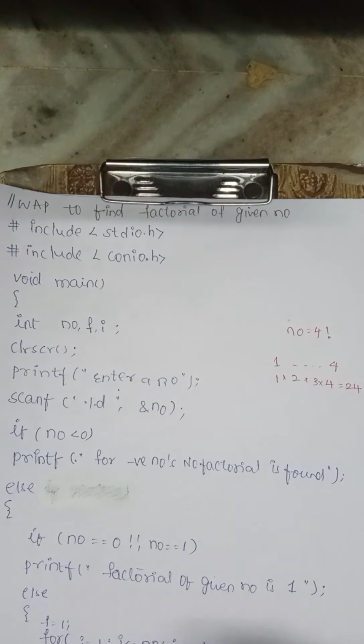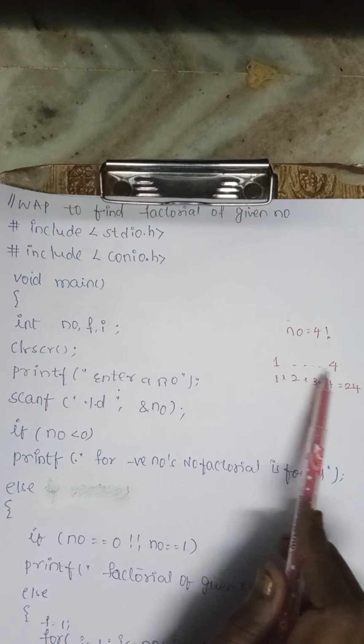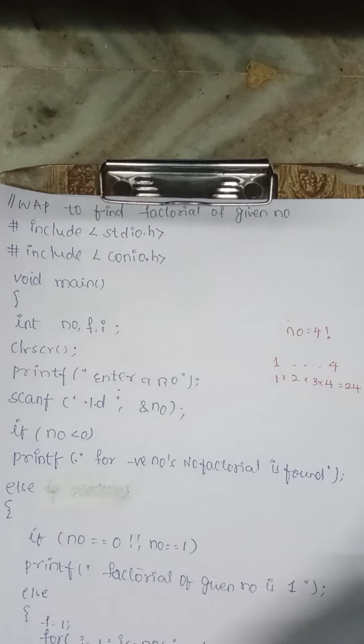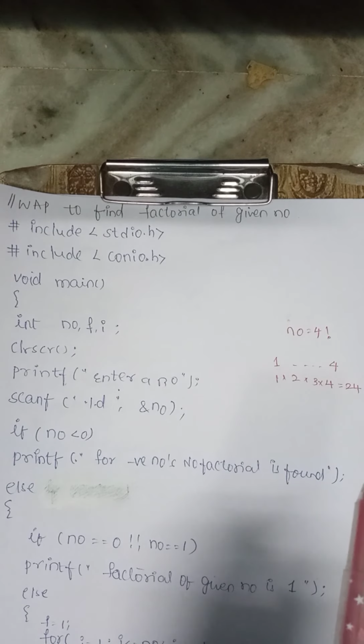Now, we need to do this with the help of a program. What is the use of this? To find simply the factorial value of 4, we would not need to write this much length of program. But if you want to find the factorial of 1 lakh, or 15, or 30, or 150, or 100, is it easy to calculate? No. But with the help of this program, we can calculate the factorial of any number. Here we start from 1 till the number and multiply all the numbers. So this is the logic of the program.